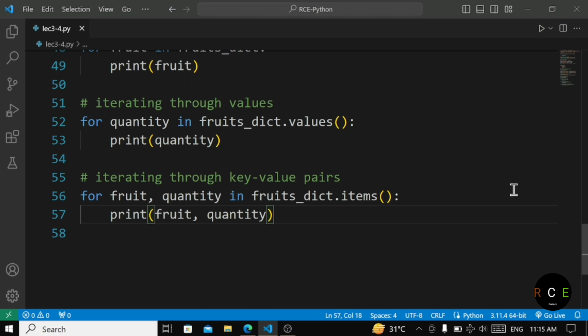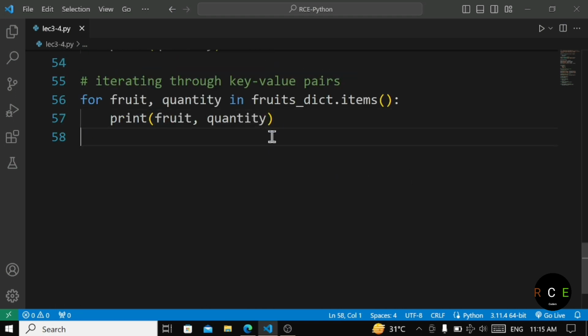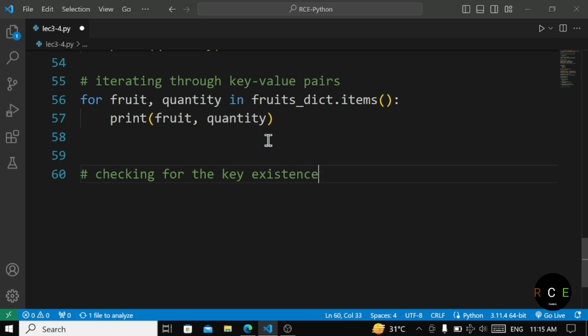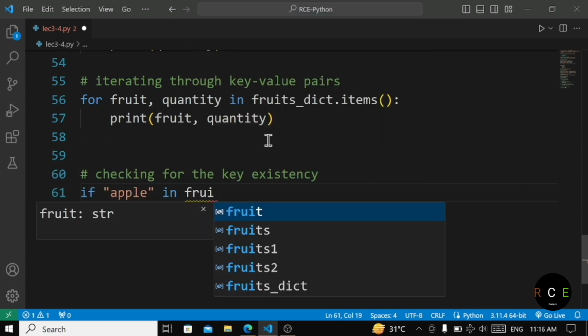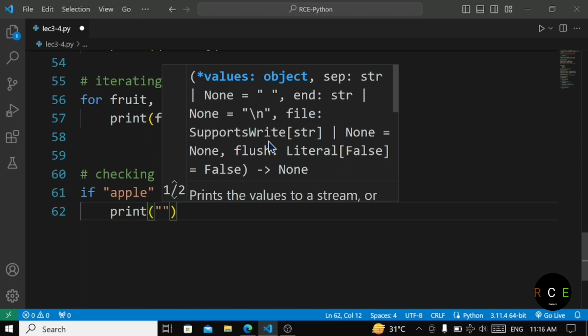Okay, then next thing we are going to go to is checking for the key existence, whether the key is present or not. So what I'm going to do is: if apple in fruits_dictionary, then print apple in dictionary,